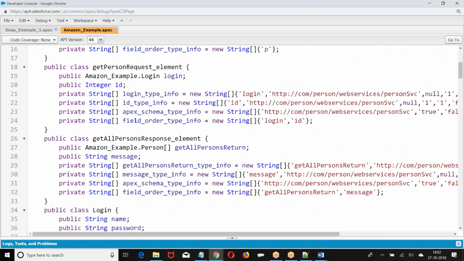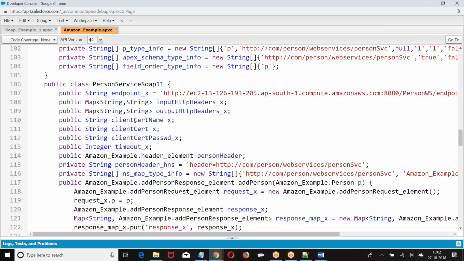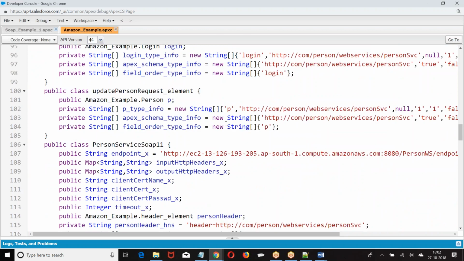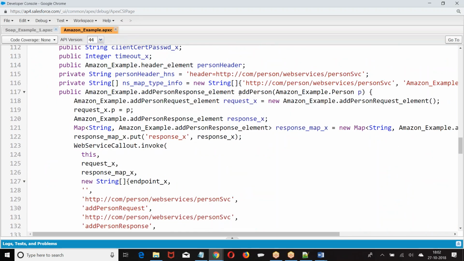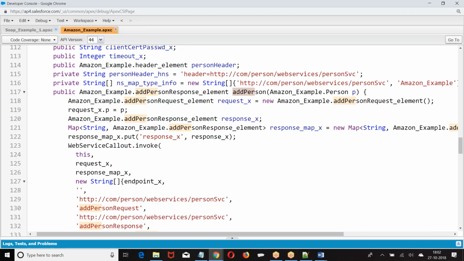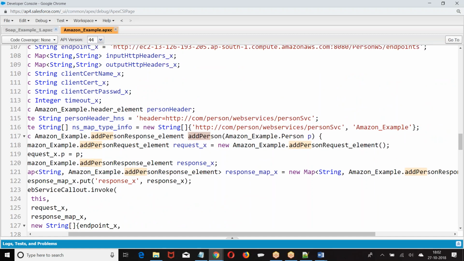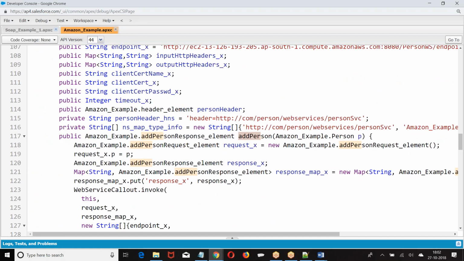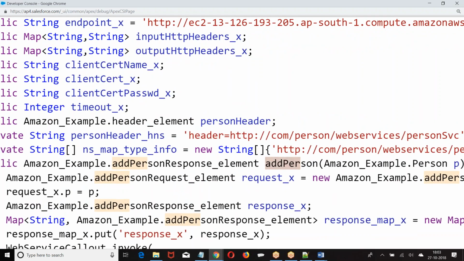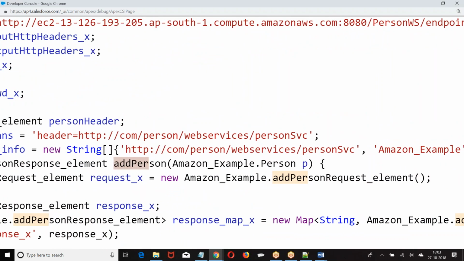This is the class that is generated. Now, add a person. In the add a person method, they are not asking for any authentication. In the method, they are not giving any authentication. But we have here, what was it? Header element. What do we have? Header element. We are expecting you to pass the data in the method. In the method, we have to pass it like a parameter, or we have to pass the authentication data in the header element or in the URL. In this case, in the method, we are not passing.